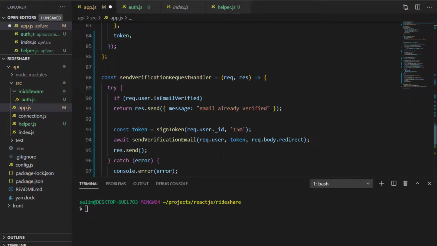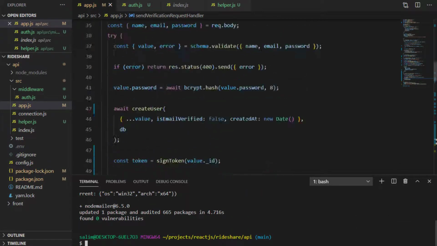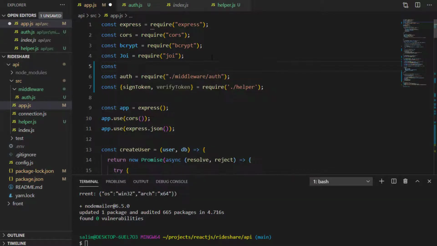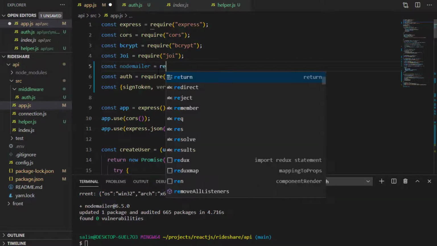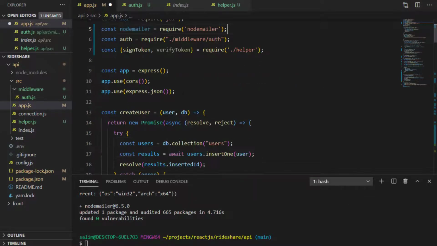And now we'll be creating the send verification email function that will actually send an email. Now to send an email, we need to use a package that is called NodeMailer. First, we need to direct our path to the API folder, then npm i nodemailer. Once it has been installed, we require constant nodemailer equal require nodemailer, and then we'll create the